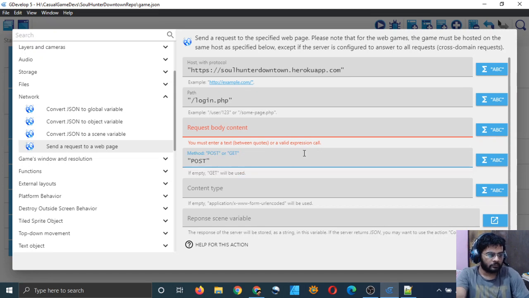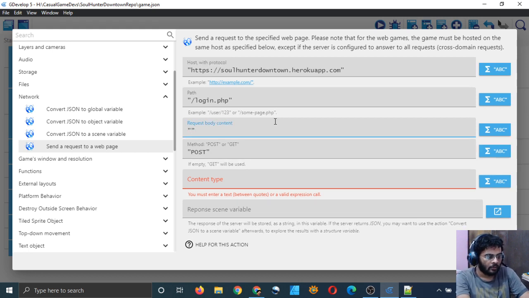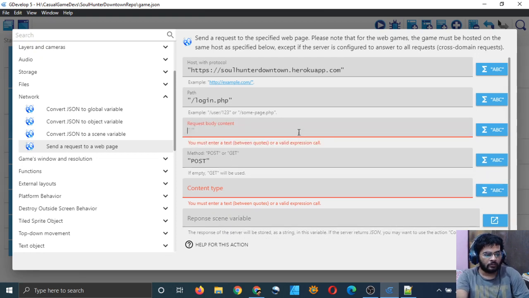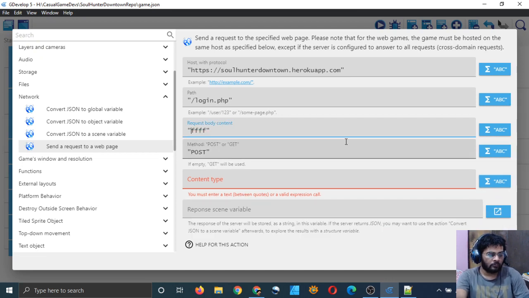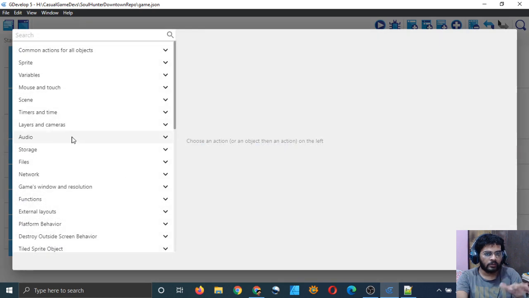Host, content type, request body content. Okay, what should it be? What kind of content do they want? Let me cancel it and do it again just to see their hints.